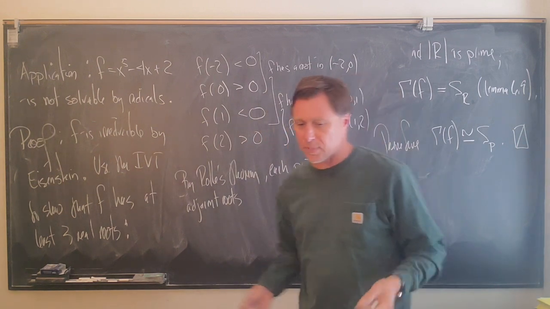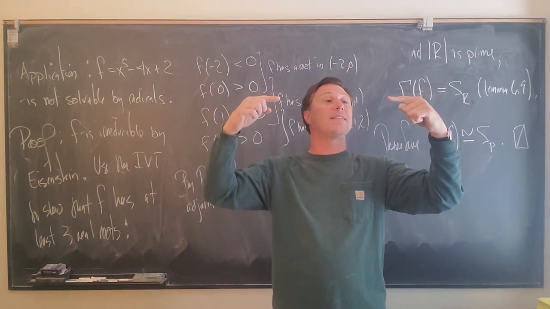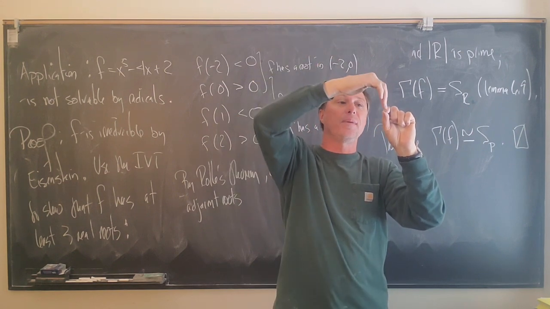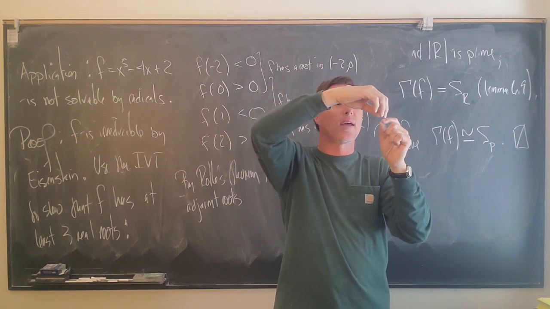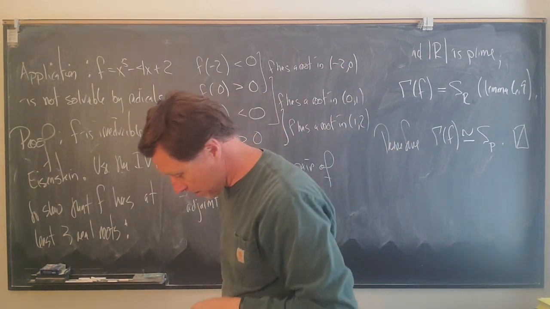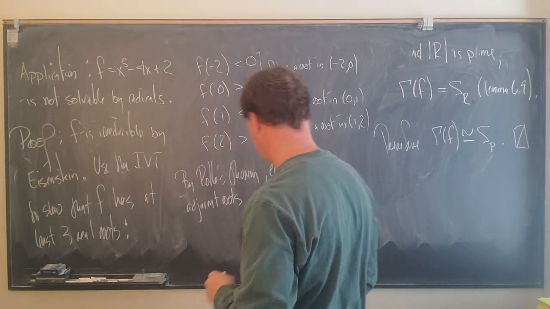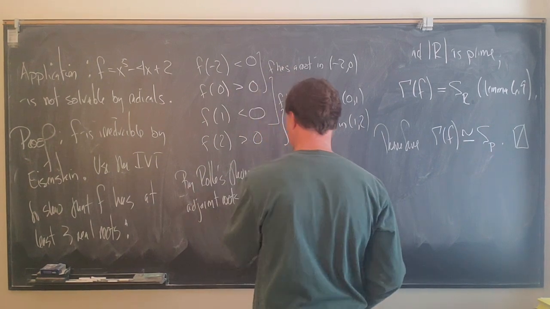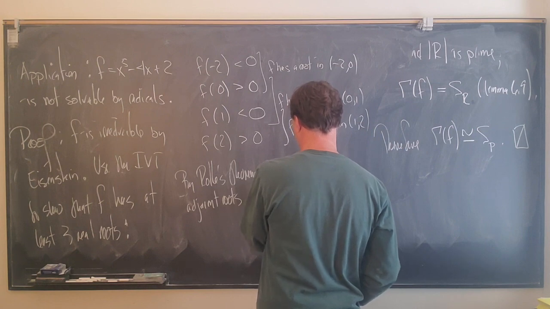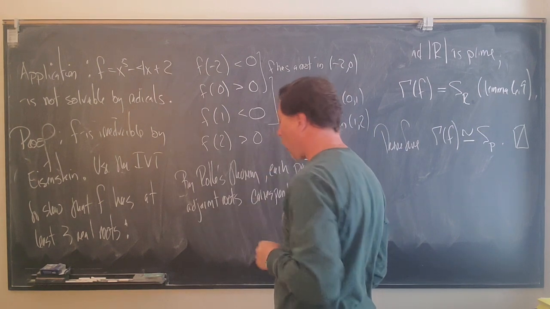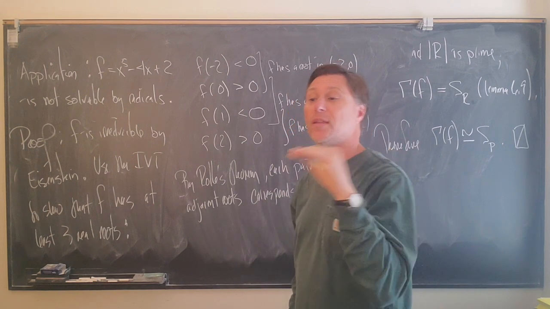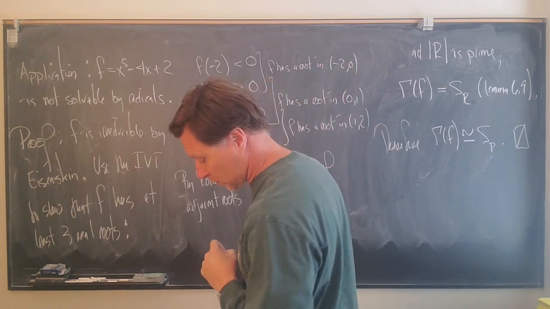Rolle's theorem says this: if you've got a continuous and differentiable function and you have matching output, then somewhere in between you had to have a horizontal tangent. So each pair of adjacent roots corresponds to a horizontal tangent, a place where the derivative is 0. So it corresponds to a root